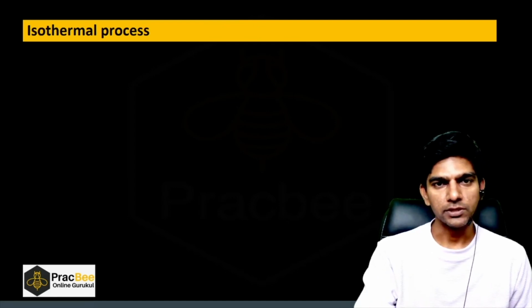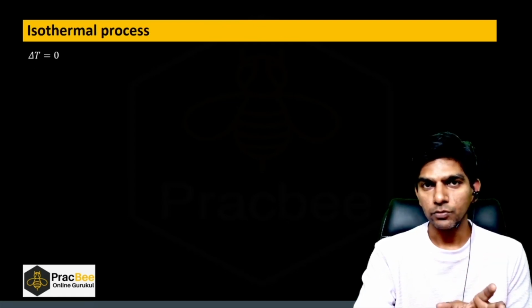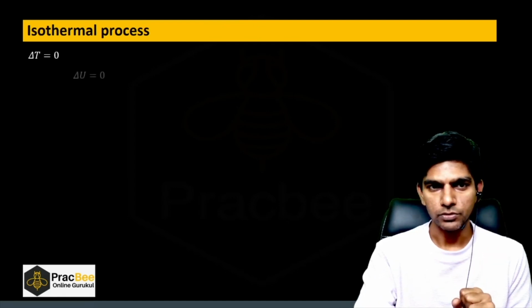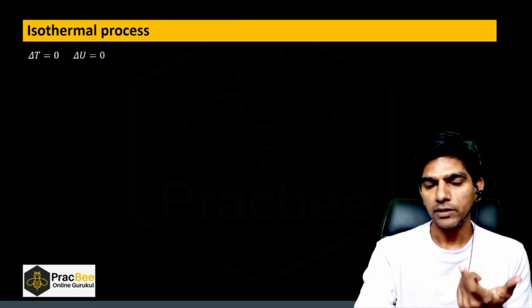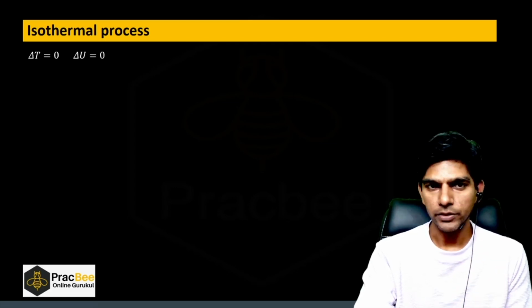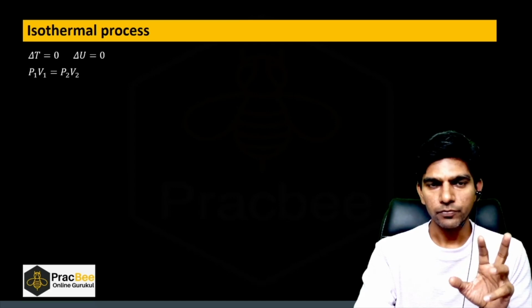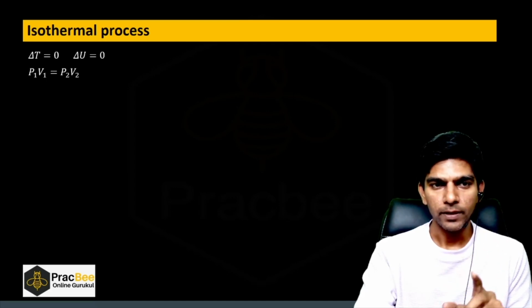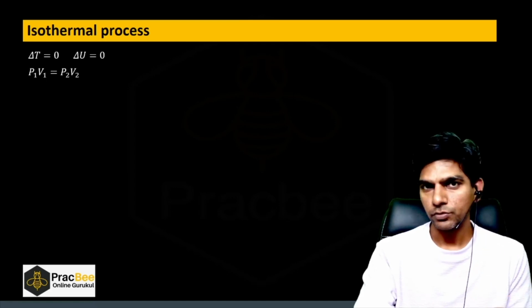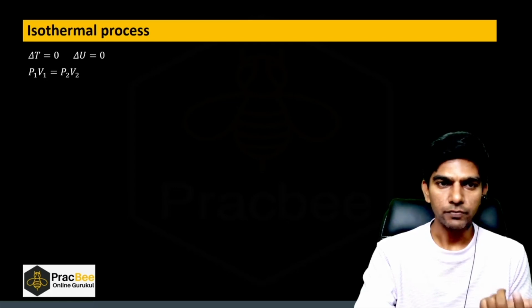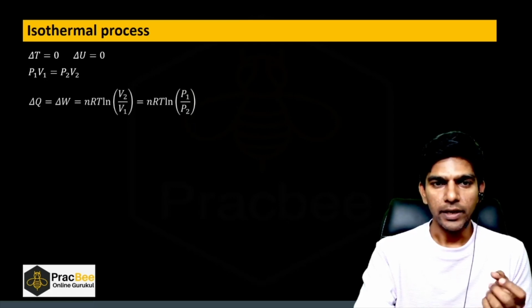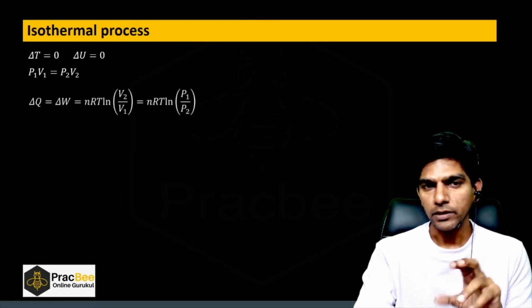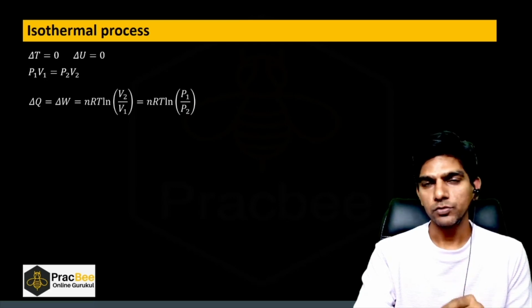So isothermal process. In isothermal process, there is no change in the temperature. So delta T will be 0. If delta T is 0, we know delta U is f by 2 nR delta T. So delta U is also 0. So if we apply ideal gas equation, if temperature is constant, PV is also constant. So for a given amount of gas, P1 V1 is equal to P2 V2. And if delta U is 0, we can say delta Q will be equal to delta W by first law